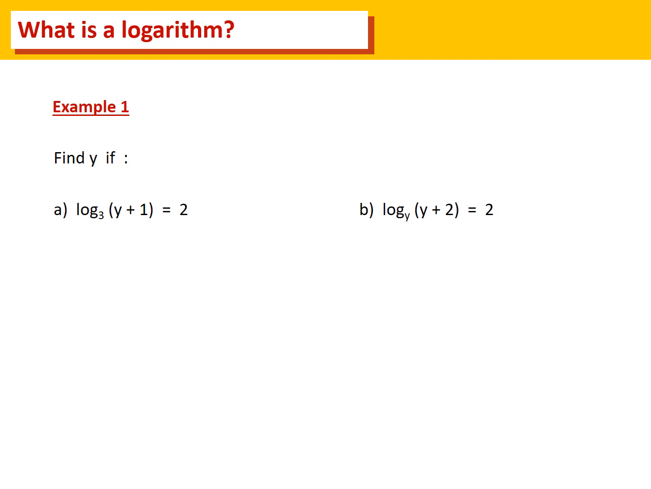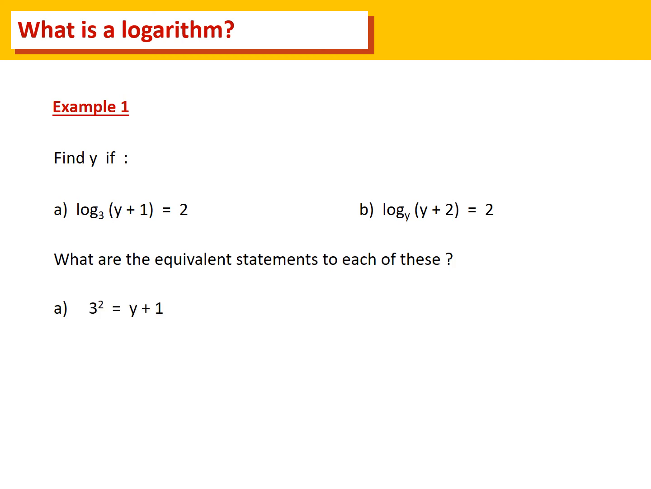So in this example, trying to find y, what are the equivalent statements to each of the two that you see? Well, in part A, the equivalent statement is the base is 3, so it's 3 to the power of 2 equals y plus 1. And in part B, the equivalent statement, well, the base is y, so it's y squared equals y plus 2. And once you've got those two equivalent statements, we can easily start solving the equations. And in our second example, a little bit of rearranging, factorizing,